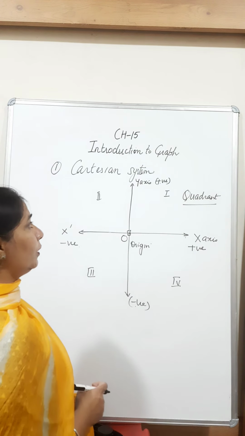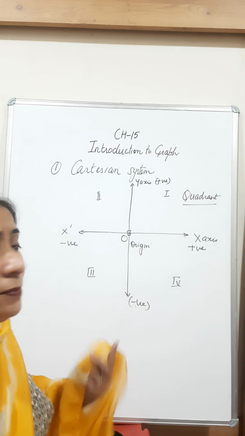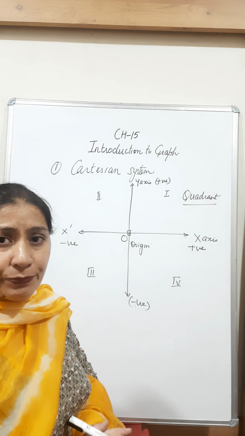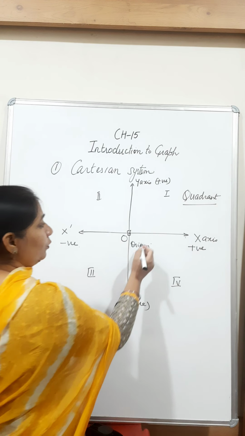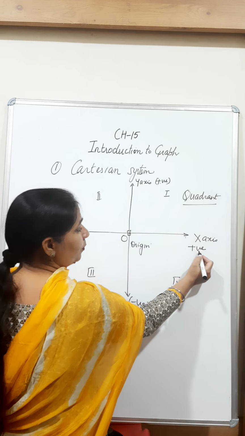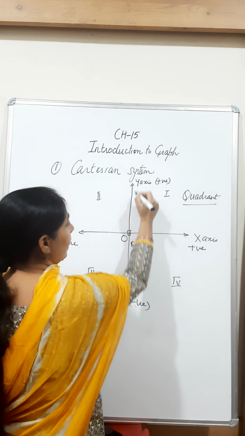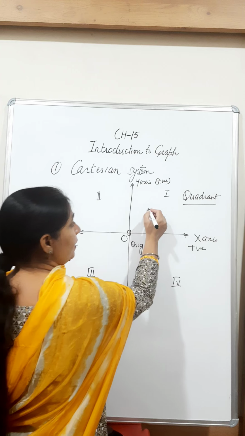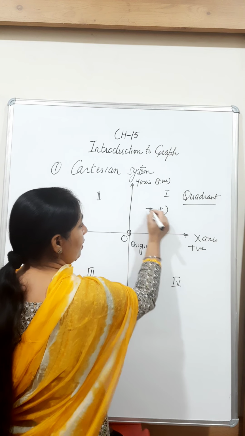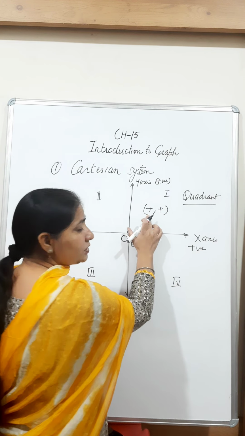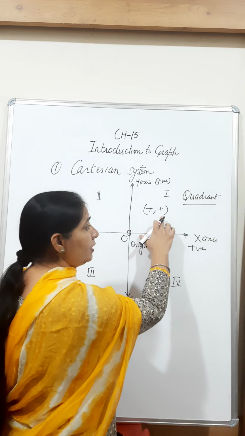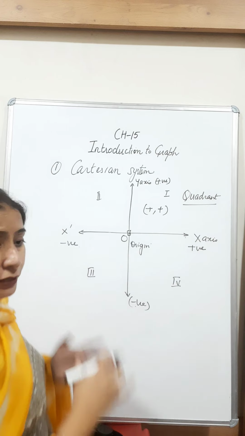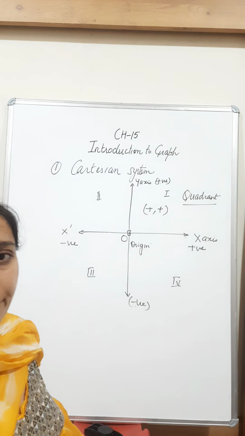Now we come to the point of how we come to know what kind of points we have to plot and where we have to plot them. So beta, as I told you, this side you have the positive x-axis and this side you have the positive y-axis. So any ordered pair where the first value is positive and the second value is also positive will be plotted inside the first quadrant.